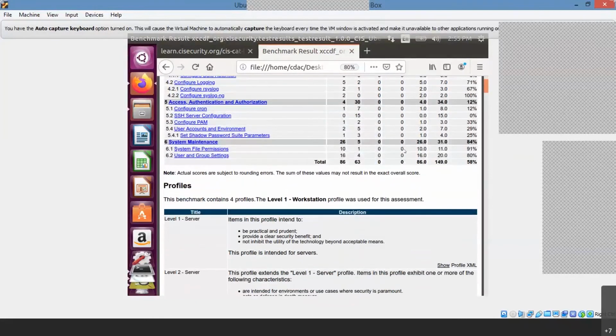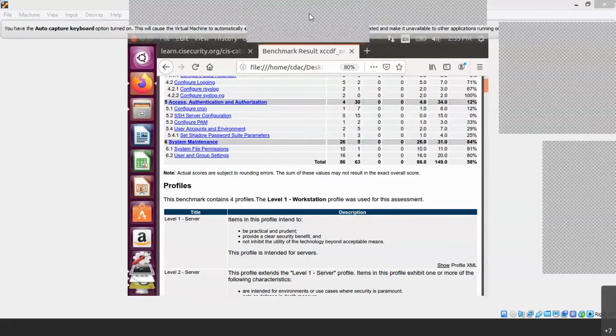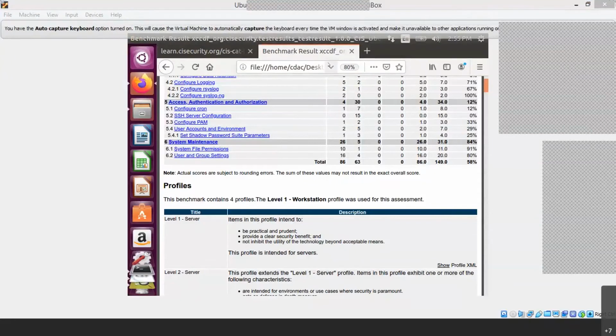So there might be users created. Suppose you have installed a default Linux operating system. The basic things that will come to your mind are the user accounts: how many user accounts are there, whether the user accounts have been given proper privileges, whether the passwords are encrypted, and how many characters the passwords are, whether 8, 10, 12 or 14 characters. Also whether the OS updates have been done, and how you are updating your patches.